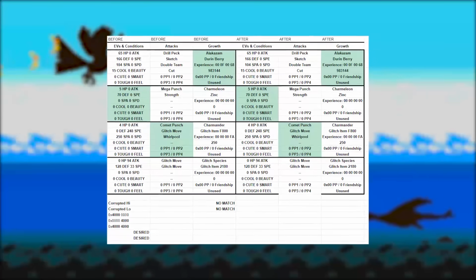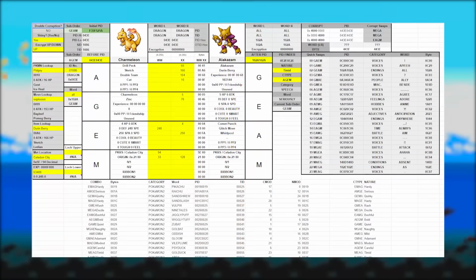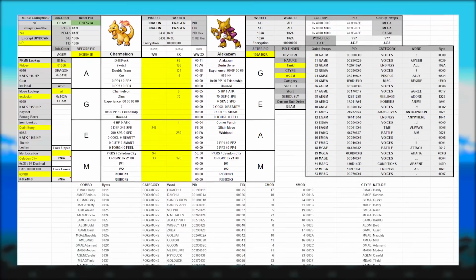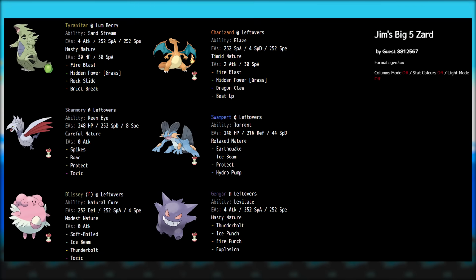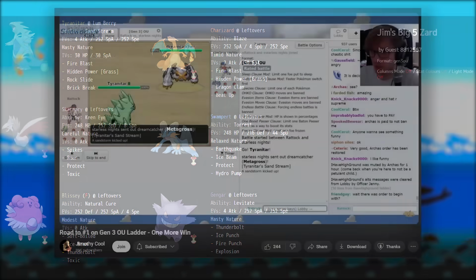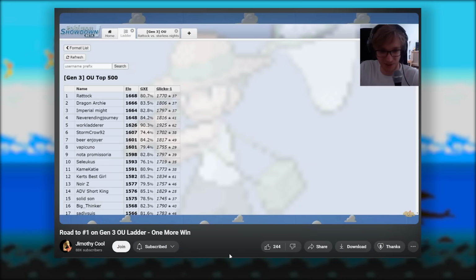It combines nearly everything I've learned about glitches and RNG manipulation in the last 5 years into one supremely powerful package. I built this monstrosity of a spreadsheet for the sole purpose of using the mail glitch to bypass breeding, Eevee training, grinding for items, hunting for Pokemon with specific natures and good stats, all the frustrating components of building a competitive team. I'm going to use it to create this now famous rank 1 ADV singles team used by none other than Jimothy Cool, and teach you everything you need to know to use it for yourself. So I hope you'll come along with me on this epic journey, starting from